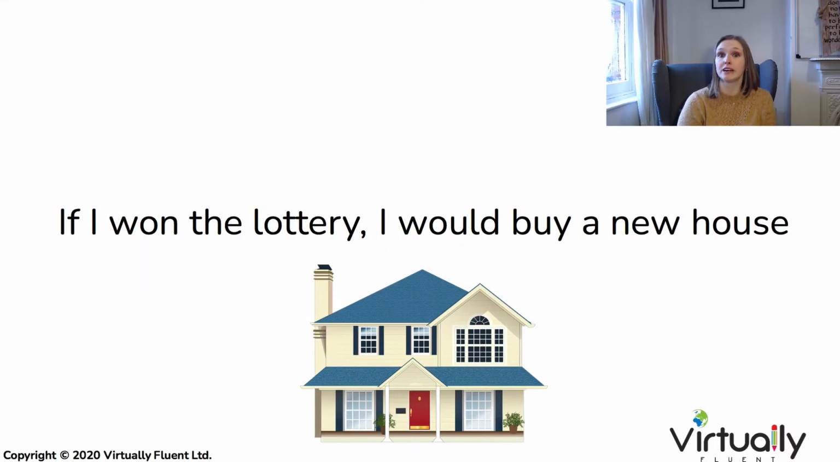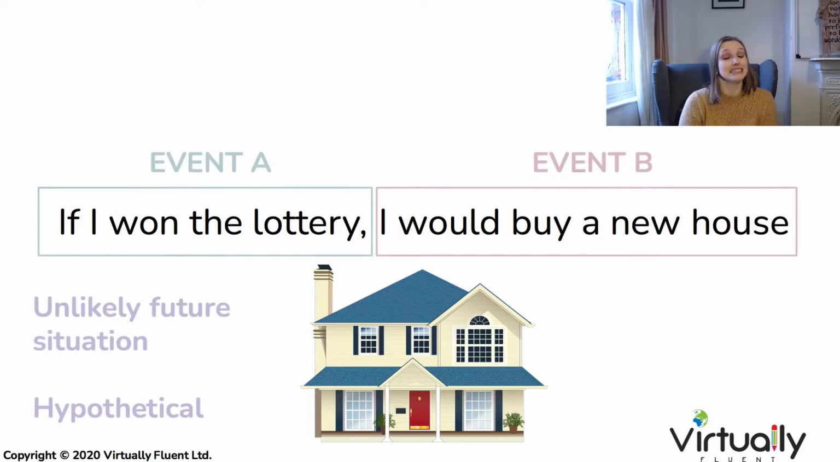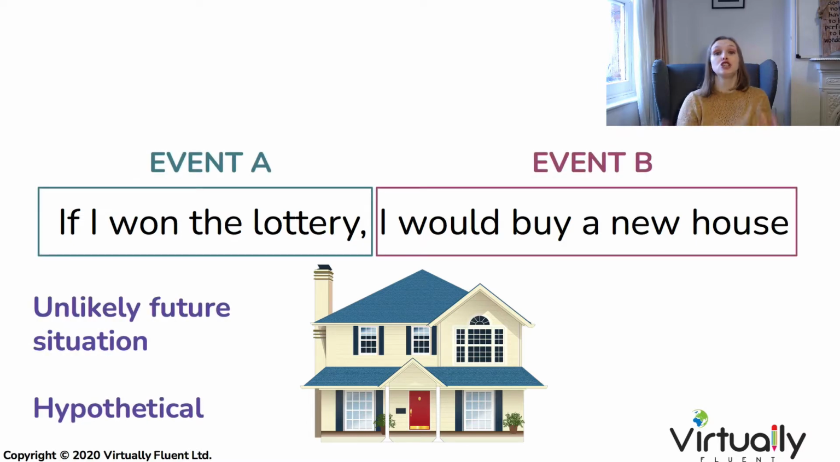If I won the lottery, I would buy a new house. This is the perfect example of a second conditional sentence. As every conditional, it's split into two events, event A and the consequence, event B. And the second conditional is used to talk about hypothetical, extremely unlikely events. The chances of winning the lottery are very, very tiny, and therefore we can use this very unlikely future event,